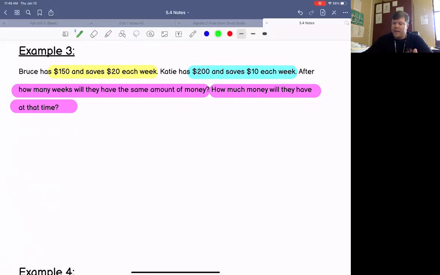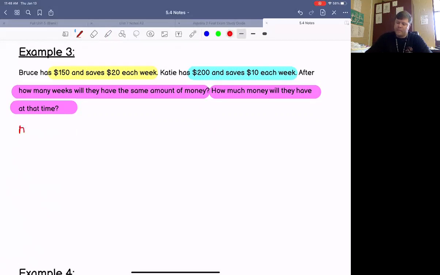So it is easy to just go ahead and define M to be the amount of money in the account, and W to be the number